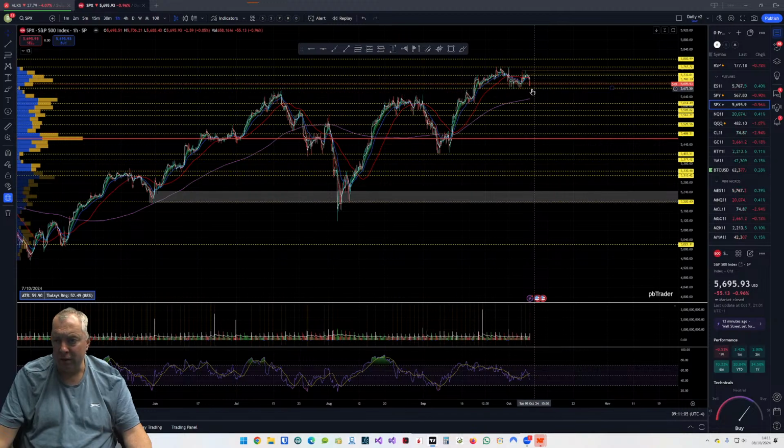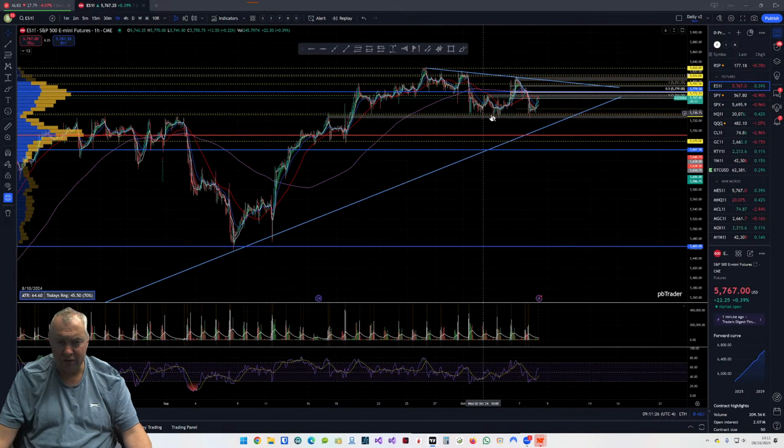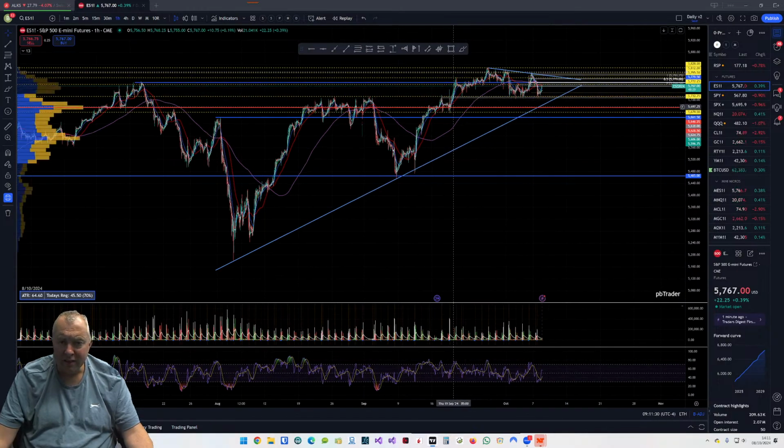If we break down below 56.75, we've got this big gap or this big void below until we get to the next level. So this is a key area to watch today. If we break down below it, look for a break and retest of 56.78, and then I'll go on to the ES to try and find that same level for the short, and that'll be the breakdown of this area here. And then the next area to bounce here is not until we get all the way down here or the trend line.